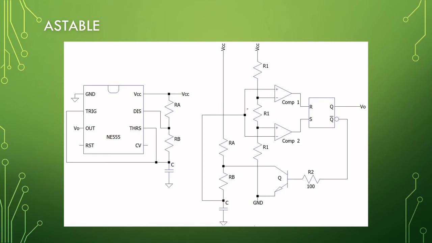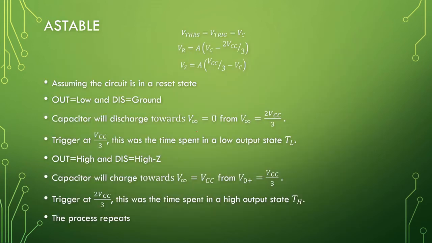Okay, so assuming that our capacitor stays within these two limits, it will be 2 times VCC over 3 while it's discharging towards ground, and while it's charging towards VCC, it will start from a third VCC. The trigger will happen at